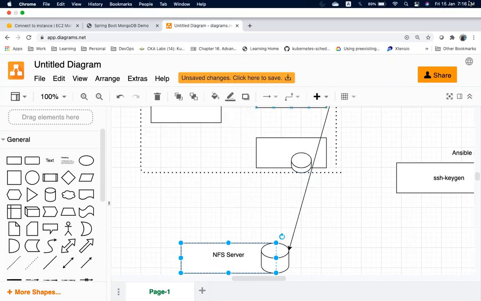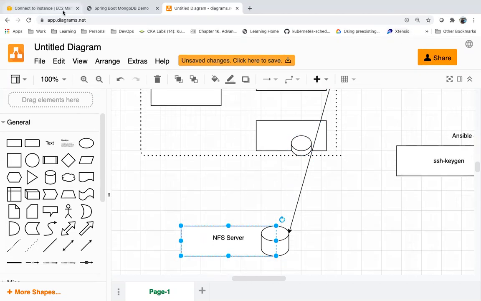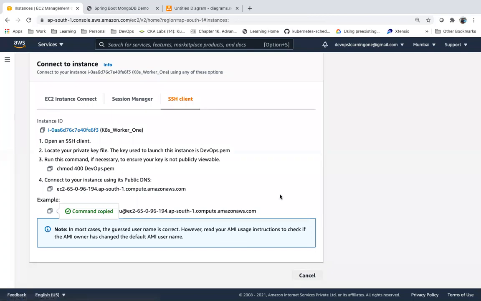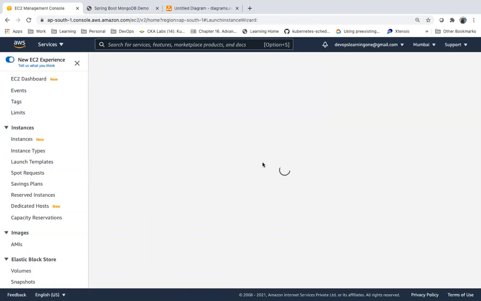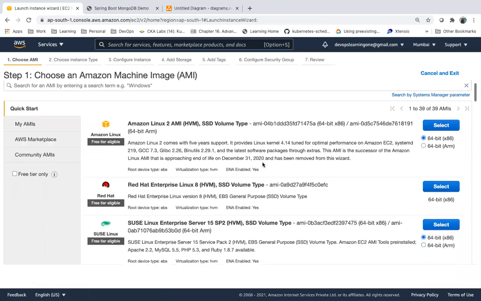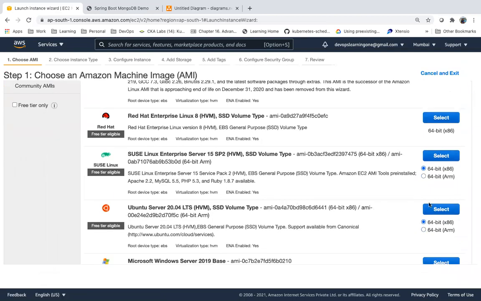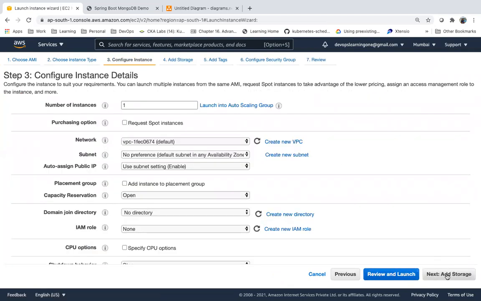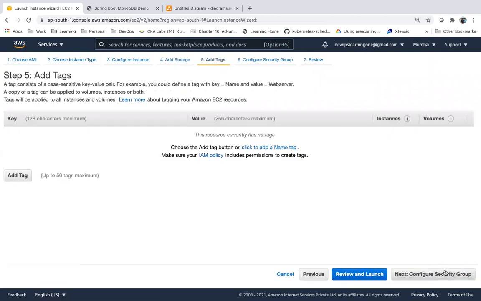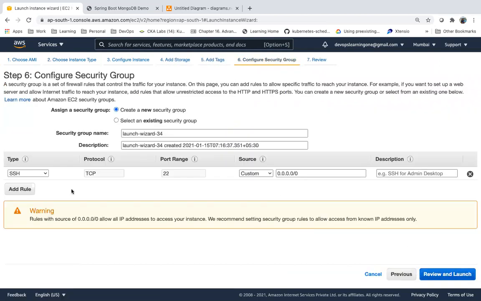So now let me demonstrate NFS. I don't have any NFS server. For now, I am creating one server where I will set up an NFS. I am creating an Ubuntu server where I will set up an NFS. Guess what is the port which we need to open in this server? This server, I am going to use as an NFS server for now. What should be the port, guys? What is the NFS port?